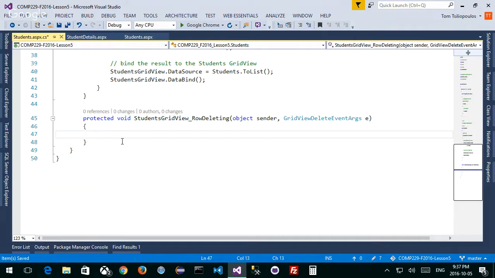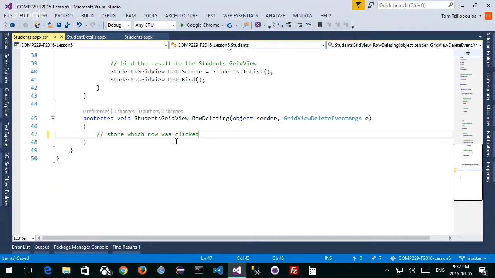I want to make it work, which means we need the code behind file to be modified. And we got to also think about what we're doing here when I do the on row deleting thing. It's very important to understand these things because if I don't do it properly for you, there's a lot of little things that can go wrong. Okay, first, what do I want to do? I want to store, here's the pseudocode, which row was clicked. I need to know which row was clicked. How do I find out which row was clicked from this event?